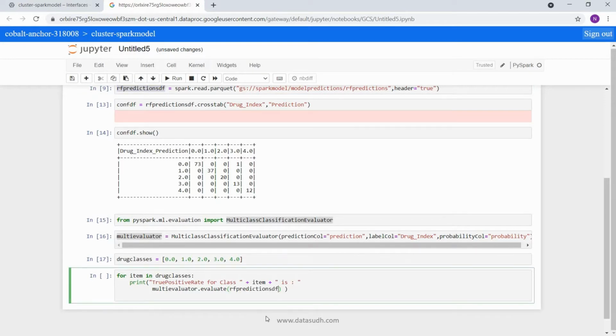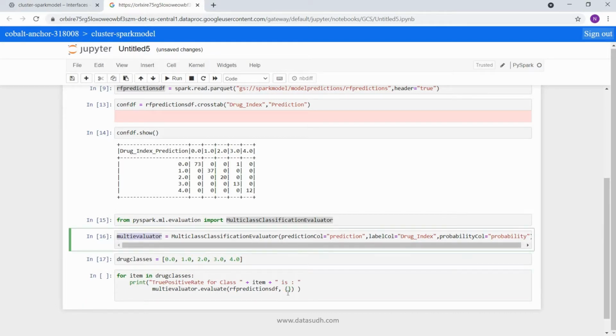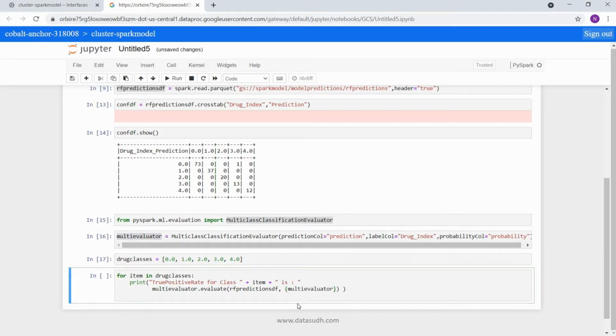Now we need to specify 2 things here, for which label we are calculating and which metric we are calculating. This provides you 2 attributes which we can use here. The first one is which metric, so for that, metric name. And the second one is metric label. This one has to have the value of which metric you are trying to calculate.